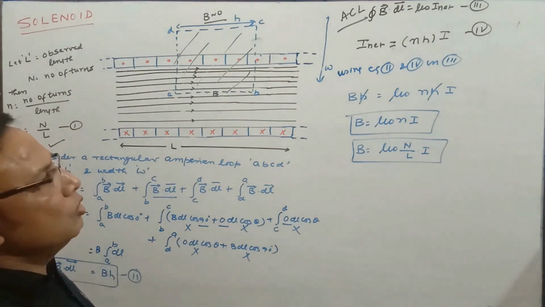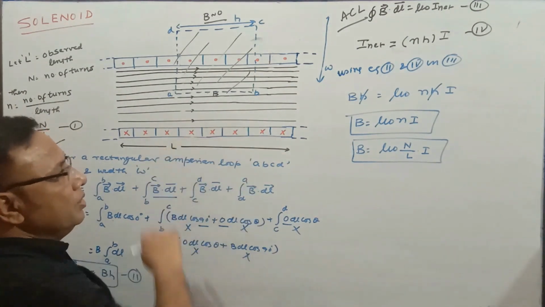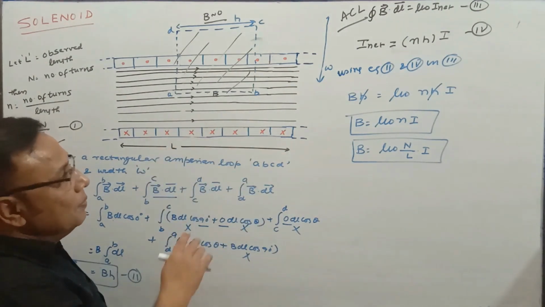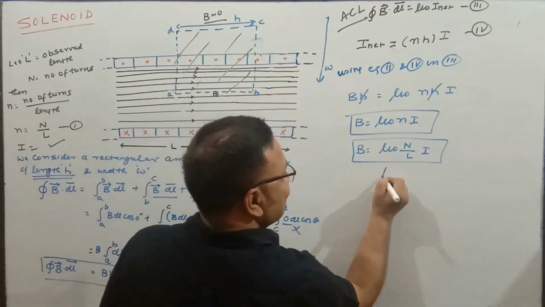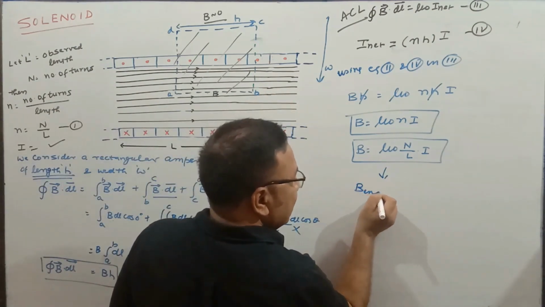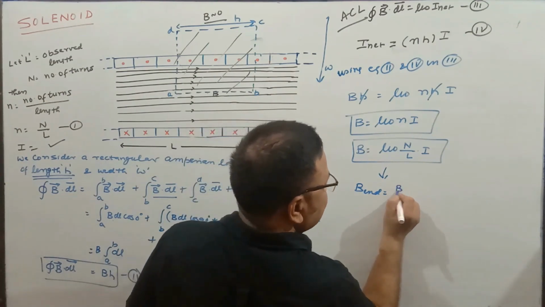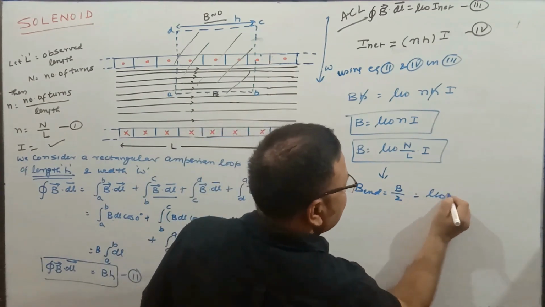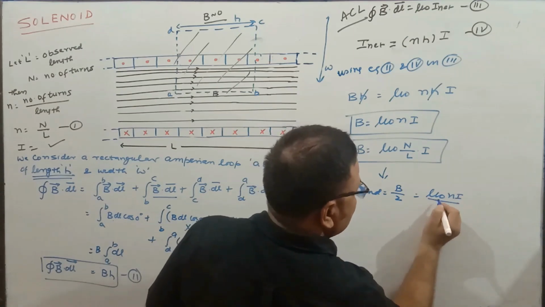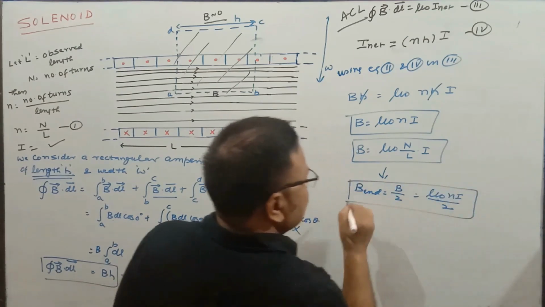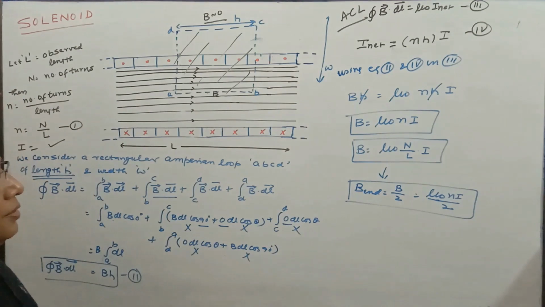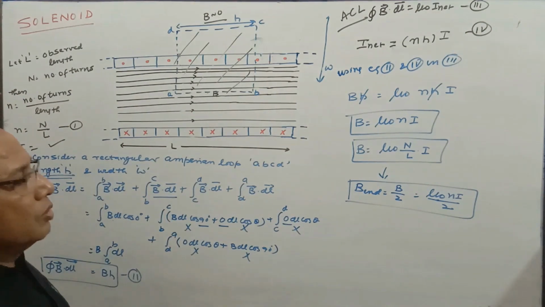There is one more way to find out the magnetic field at any point of the solenoid. You will come to know that at the end of the solenoid, though it is not written in our syllabus, B is just half of the inside value. That is equal to mu naught N I divided by 2. We can derive it in a different way. I can give you the idea of how to derive it so that you can do it.